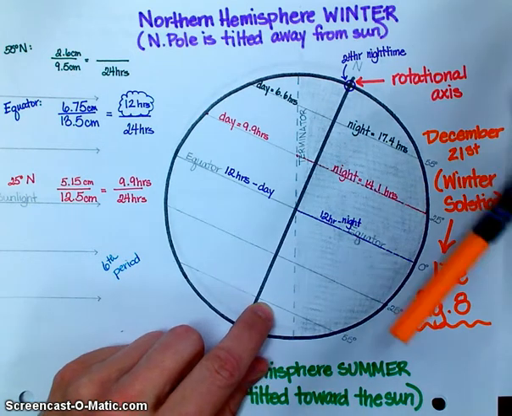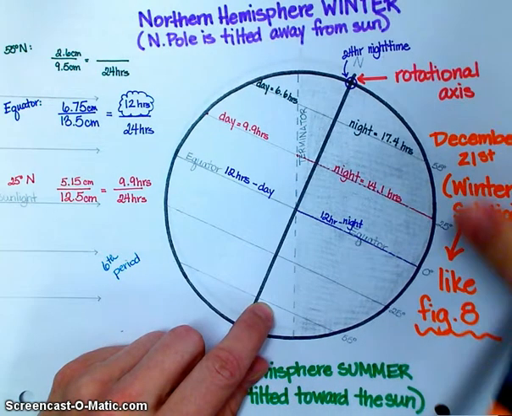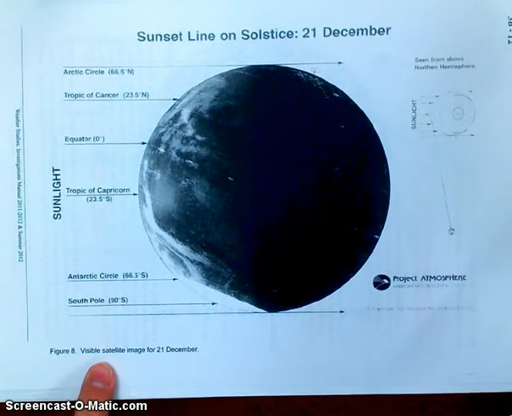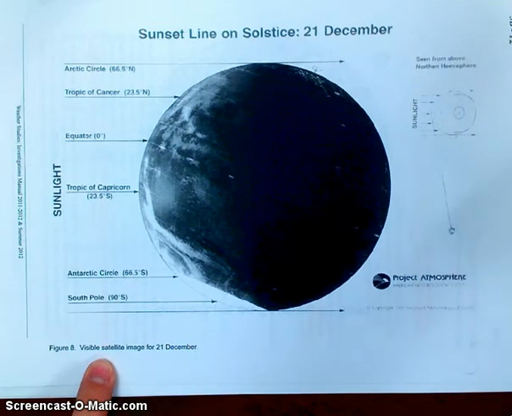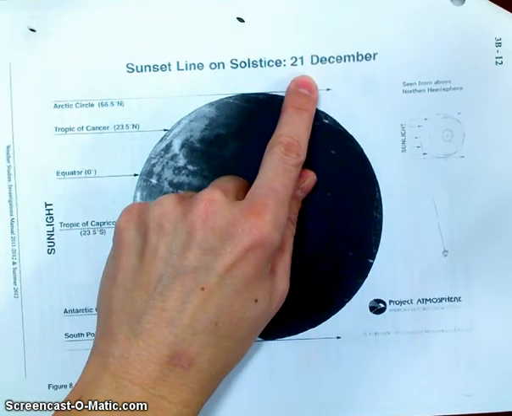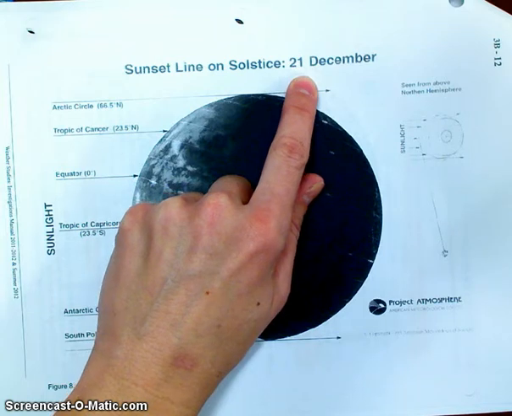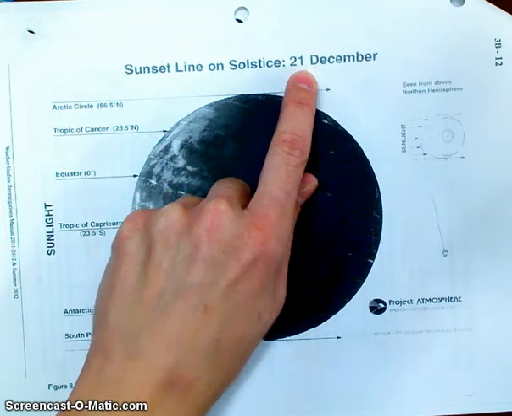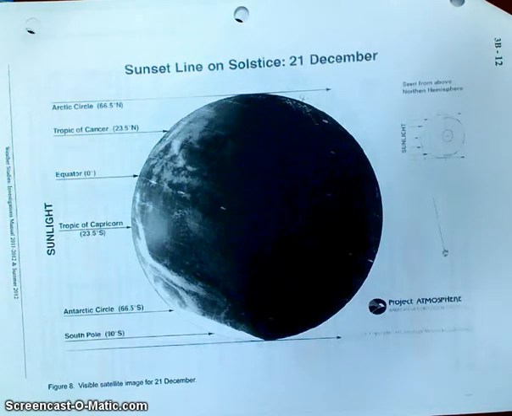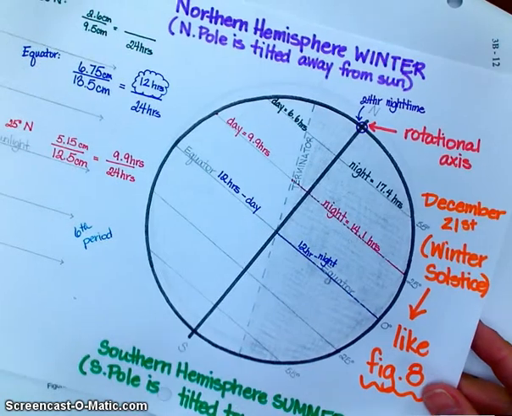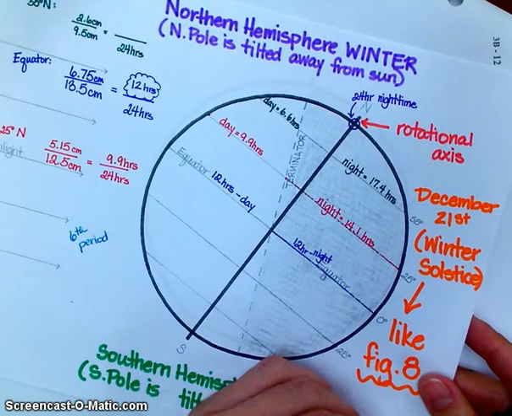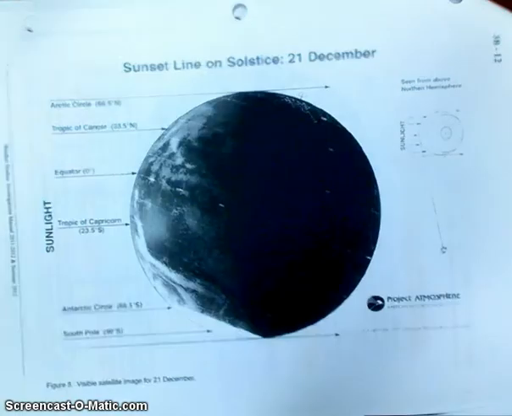Where does it say figure 8 on here? Down at the bottom, down here. Do you have the one that says December 21st? Is that the one you're looking at? No, mine says June. Okay, so you're not looking at the right one. All right, then take this packet, go to the next